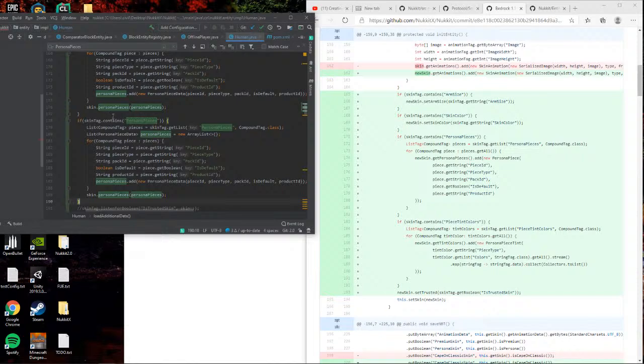But instead of persona pieces, I just do piece tint colors, and then tint colors, piece tint colors, piece tint colors.